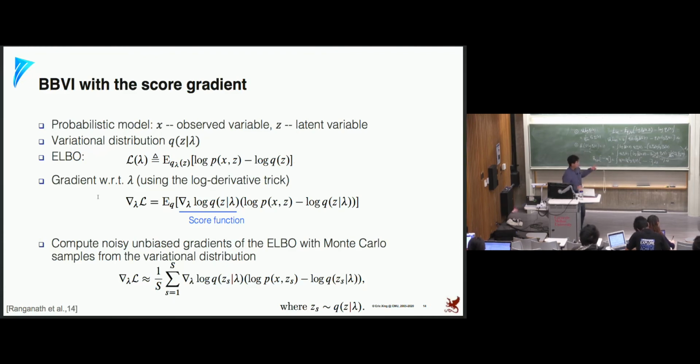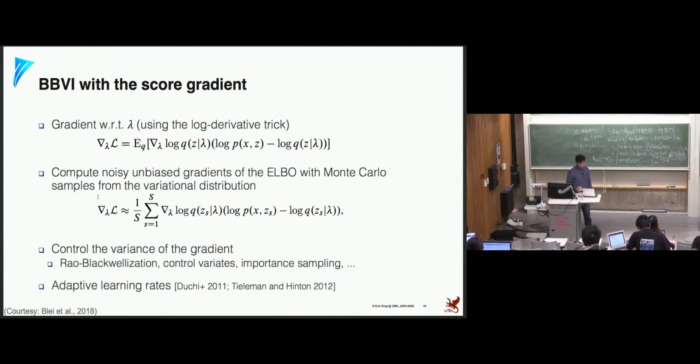Okay. So this is also used in reinforcement learning. This thing is also called the REINFORCE gradient estimate. Just so you know, it goes by different names. But the only drawback is this estimate. If you do Monte Carlo estimation of this expectation, then it will usually be of high variance. There are some proofs of it. It's not very rigorous, but you can sort of show it. So there has been a lot of work since then to reduce the variance, like Rao-Blackwellization or adding control variates and so on.